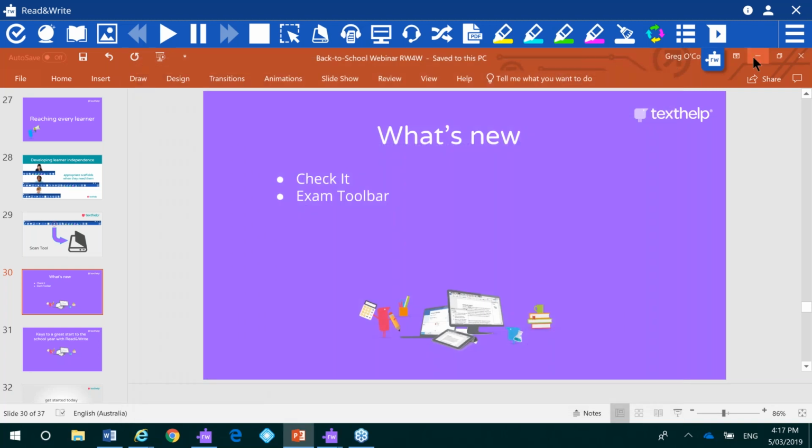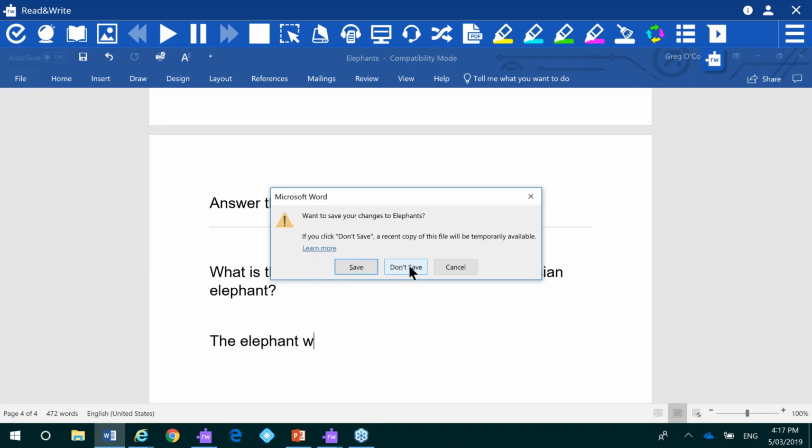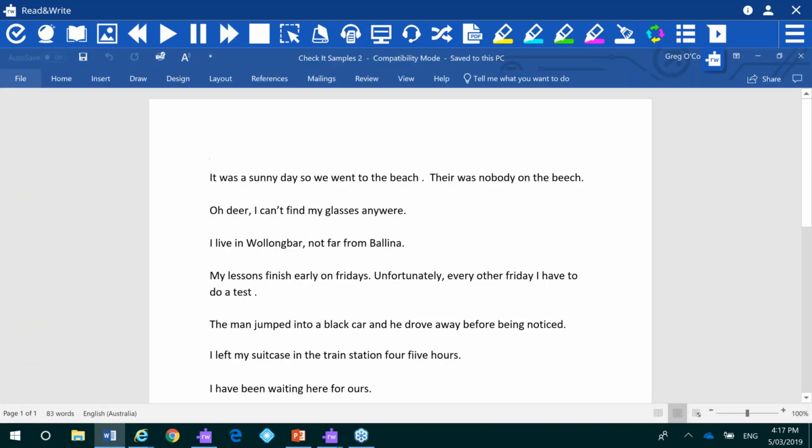And the other one, while I'm talking about new features, if I just get out of that, don't save all that, and go here, we've updated what we used to call our spell checker to what we now call Check It. And so Check It is this new feature on the toolbar. If you're new to Read and Write, this will be totally new to you. And if you've got an older version, you won't see this. You need the most recent version. So you need to make sure that you're getting yourself, or the IT people, to make sure you're getting the updates coming through. But with the latest version of the toolbar, when I choose the Check It feature, it will